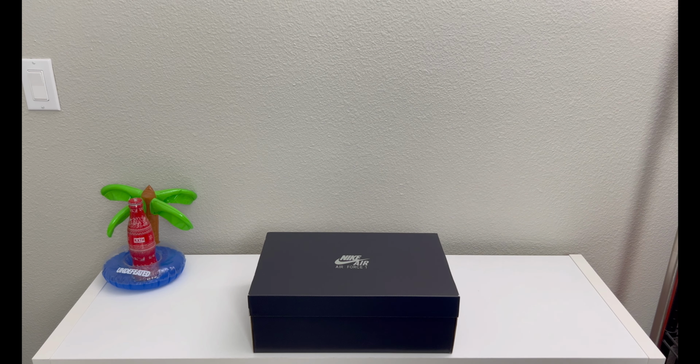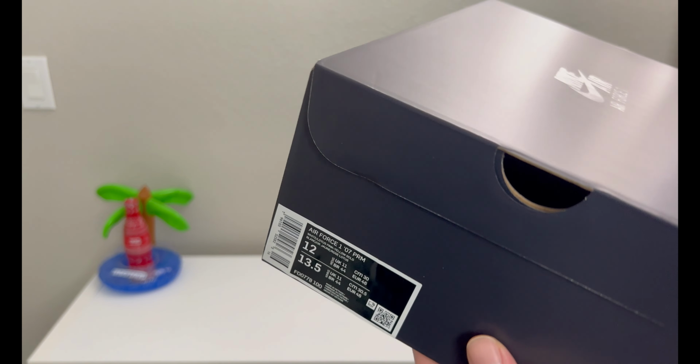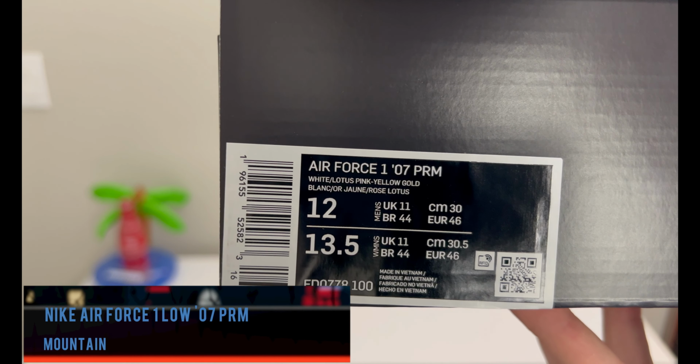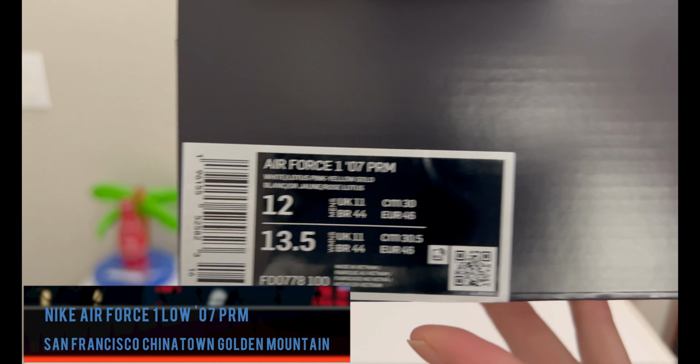And we have a plain Nike Air Force One box in front of us. Silver reflective Nike Air Force One up top. This is a pretty special pair though. I love what they did with these. So we have an Air Force One 07 PRM in white, lotus pink, yellow, gold, men's size 12, and retail